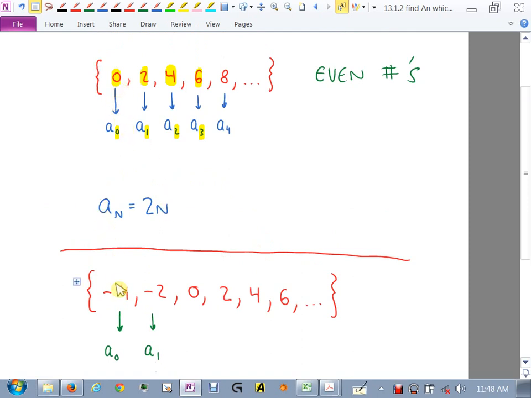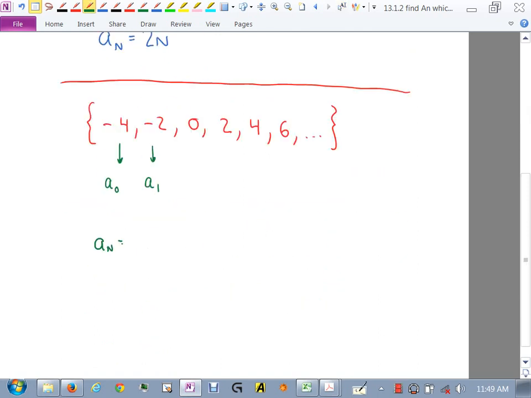Instead of having 0, we need it to spit out what first? -4, which means we should take 4 away, right? Instead of spitting out 2, we need -2. So isn't that subtracting 4 again? This list down here is this list, just everything translated over 4, right? So if I use a sub n is 2n minus 4, that should work. I plug in 0, what does it spit out? -4. If I plug in 1, what does it spit out? -2. Do you see that? It's just a shifting of that list. Follow? Yeah.